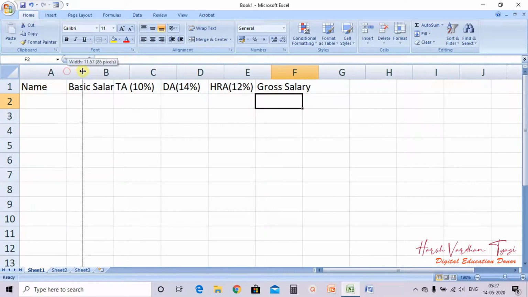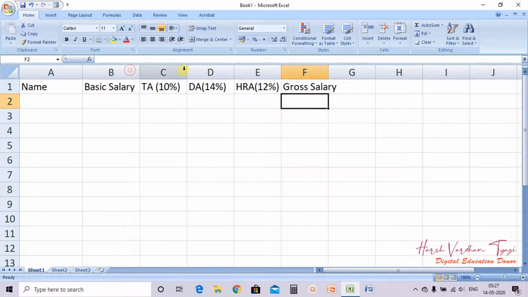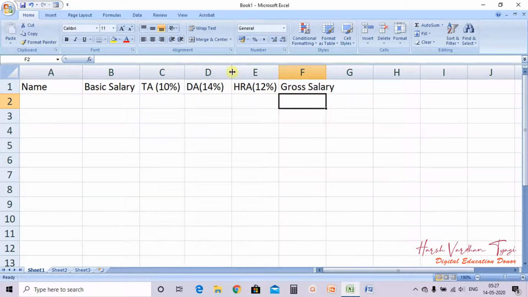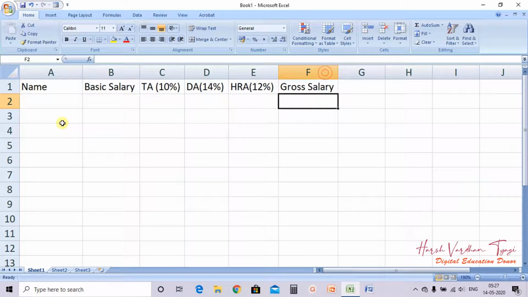Okay, the names we have done: basic salary, then TA, DA, HRA and gross salary.